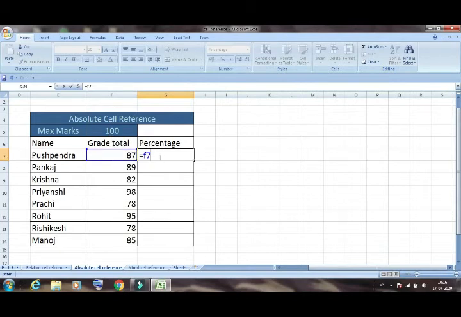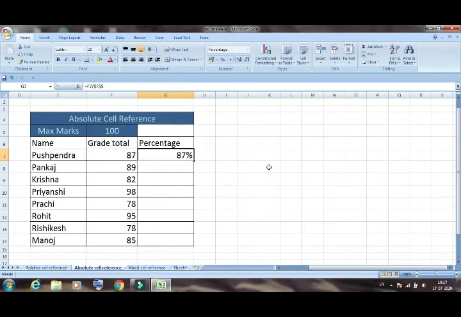Then we will divide this value by 100. So we will write the cell address of this value. This cell address is F and the row number is 5. So here we will simply write F5. But in this case we have to fix this cell. How can we fix this cell? Before the F and the 5 we will write the dollar sign. So we will write the dollar sign before the F, and a dollar sign before the 5, the row number. Then we will press enter.